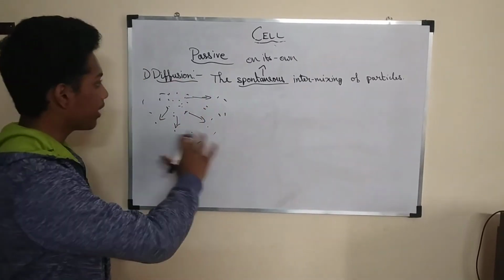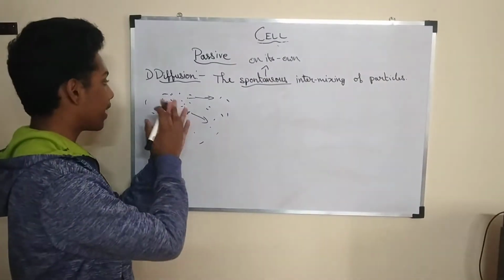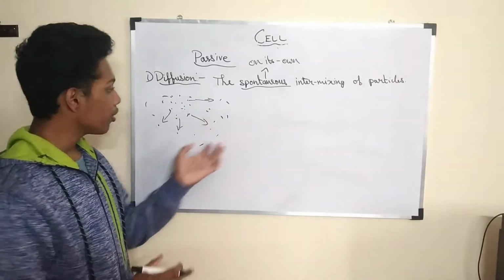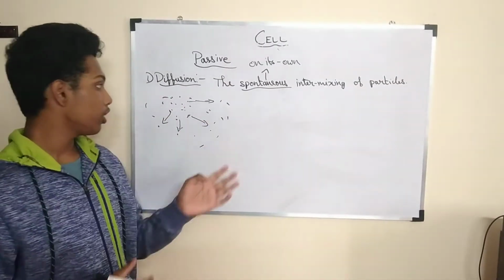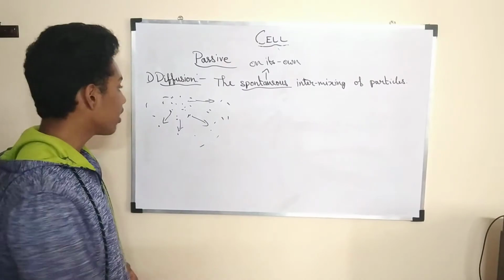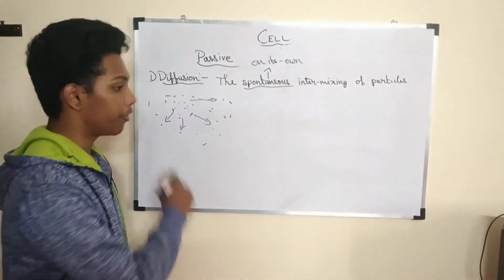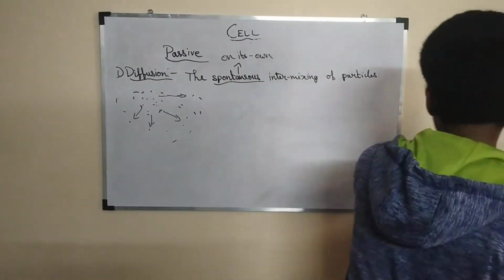The smell would be spread to the whole room. Therefore, wherever you sit, you would get the smell. If there was no diffusion, it would be impossible, right? This only occurs because of diffusion. Remember it, right?